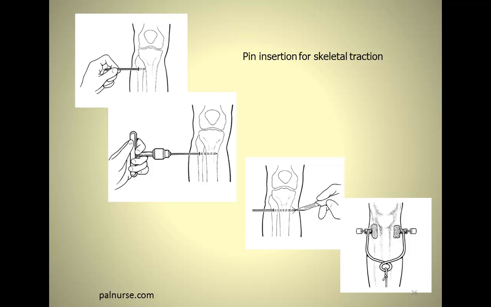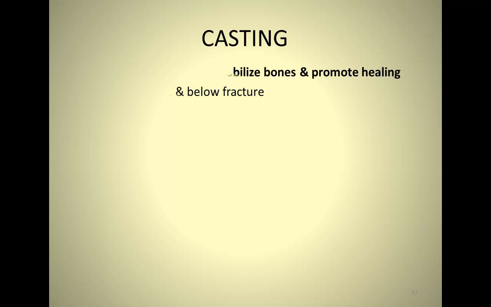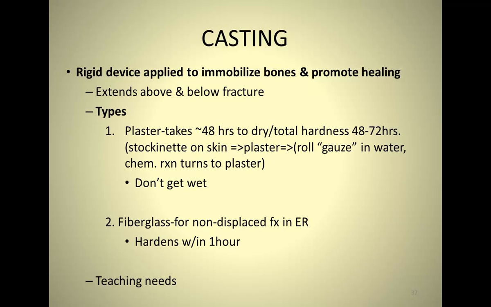Okay, where did we leave off here? So here you go, there's the pins. Onward, casting. I've got your body for 20 more minutes. A cast is a rigid device applied to immobilize bones and promote healing. It extends above and below the fracture. It's got to be relatively stable in order to put a cast on it. The types that you're involved in,